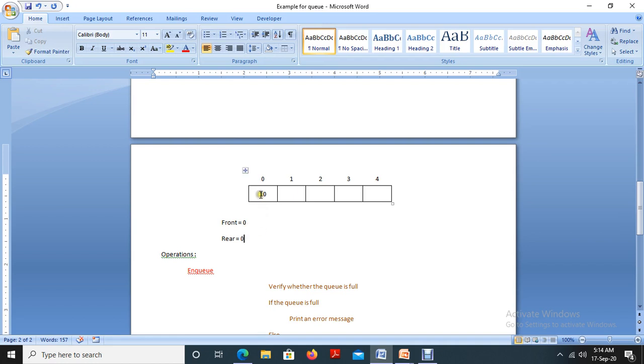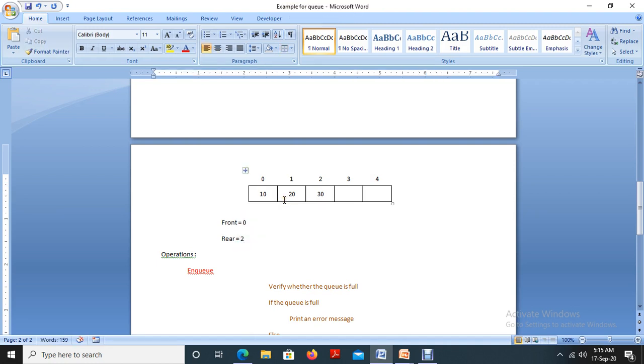That means after the insertion of 10 in the queue, and 10 is the first inserted element, both the front and rear values are updated to 0. If I am inserting a new element 20, front value equals 0 but rear value equals 1. If I am inserting a new value 30, front remains the same because front always represents the first inserted element.